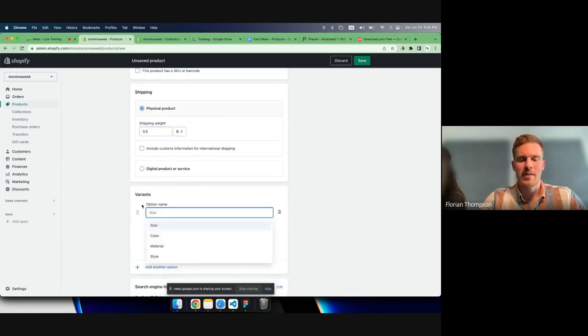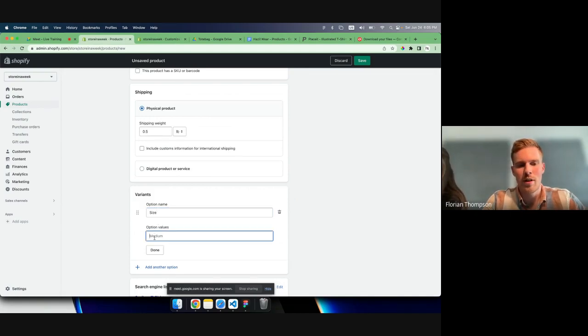Now we can have variants because the t-shirt is probably going to sell only one color, but I'm just going to show you quickly how you can add those. This would be if you're selling products with different sizes, different colors, different materials, different styles. Instead of having individual products created, you just want to have one parent product, and those would be the variants. So for example, we're selling our shirt in the basic sizes, then the option name would be size,